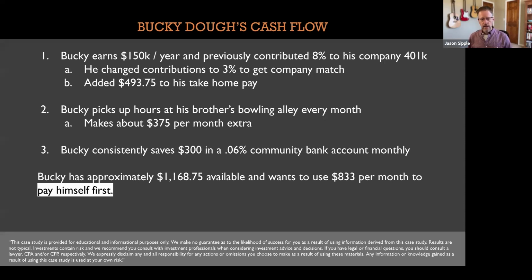And then Bucky also shared that he had been consistently putting $300 away into his community bank account. And that was really driven from his wife, who just felt that they really need to be setting some money aside for an emergency or rainy day. You just never know when something bad's going to happen. So that was kind of building up their emergency fund. They're trying to get somewhere to the 3 to 6 month mark. So when you total all this up, their family had a little over $1,000 available that we could use for